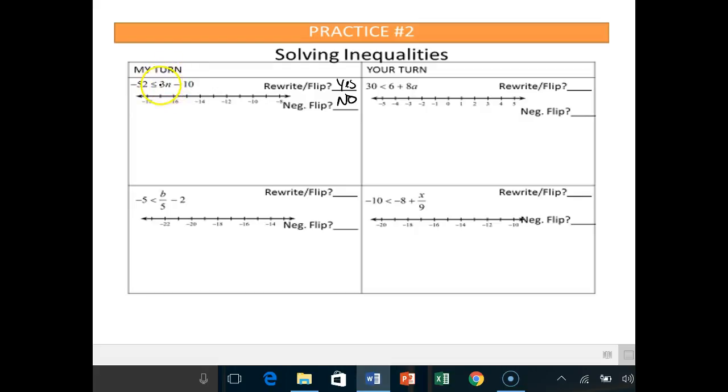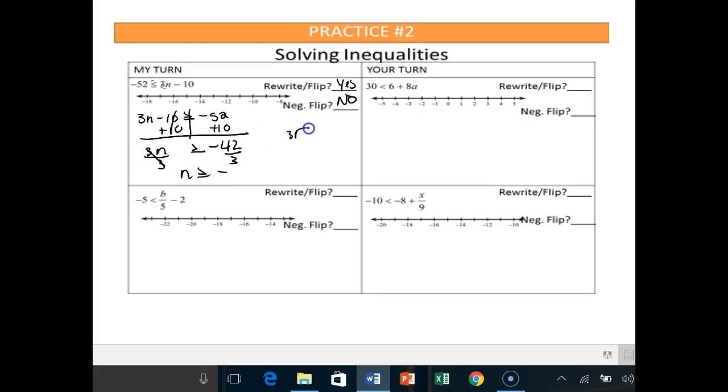So I'll take this, write it exactly as it is, 3n minus 10. Now flip the inequality sign, greater than or equal to negative 52. So I've double checked, make sure this is exactly the way the top is. I'm good. Now I go ahead and solve it. So I add 10 to both sides. I get 3n is greater than or equal to negative 42. And I divide by 3 on both sides. I get n is greater than or equal to